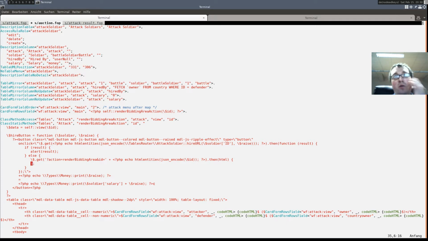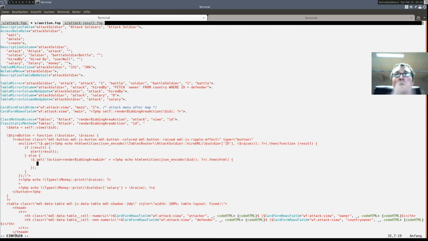And now we have to have some container. Let's say we call it bit container.html and insert the HTML, and we surround this render function with a div ID is bit container.